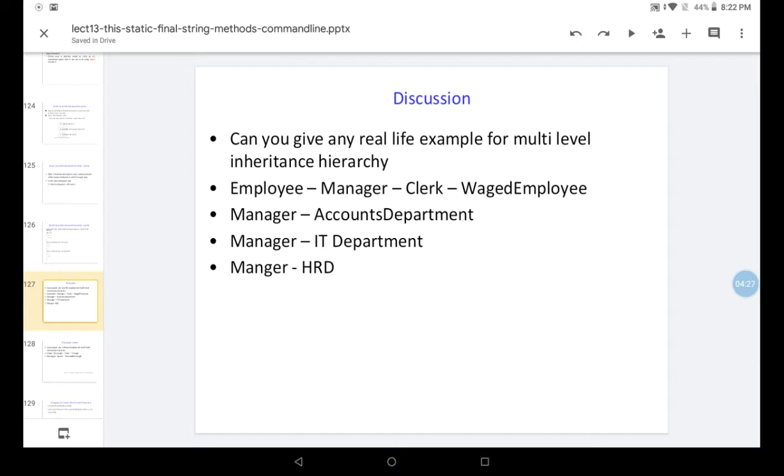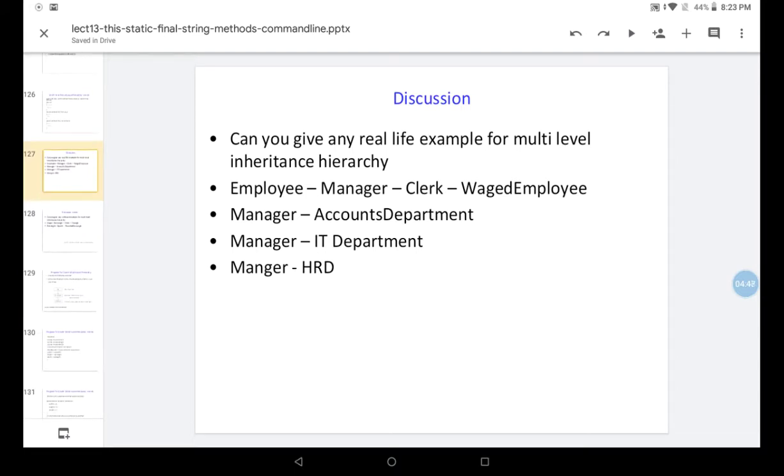Clerk is manager's subclass, and waged employee is a subclass of clerk. Another example: manager of accounts department, manager of IT department, manager of HRD. These are all multi-level hierarchies.